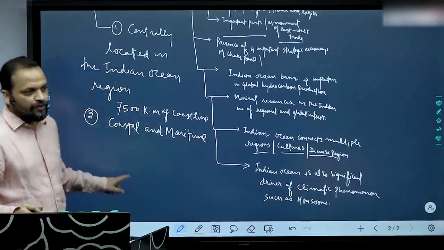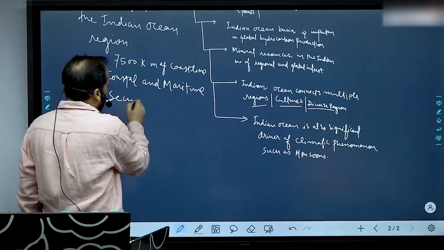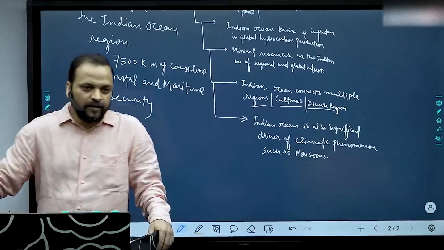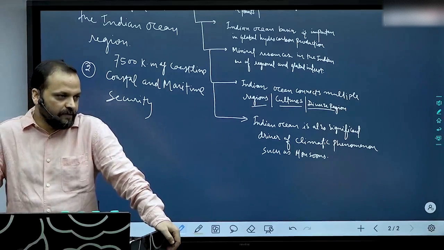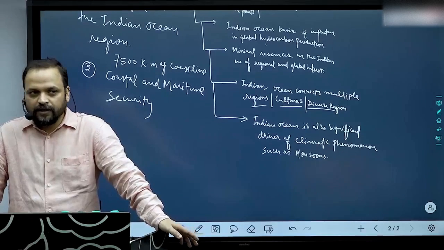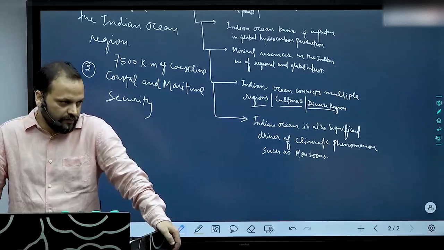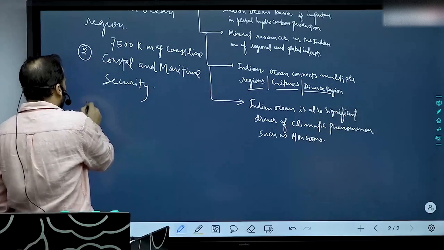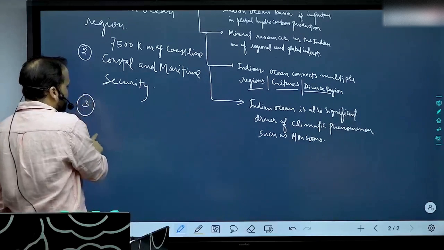we start moving away from the coast, we start using the term maritime security. So Indian Ocean is important from the perspective of India's coastal and maritime security, meaning from the perspective of India's Coast Guard and India's Navy. All right. So Navy provides you the larger defense cover, and the Coast Guard is responsible for patrolling the coastal region of India, right? So coastal and maritime security concerns of all kinds, traditional, non-traditional, right? Thirdly,